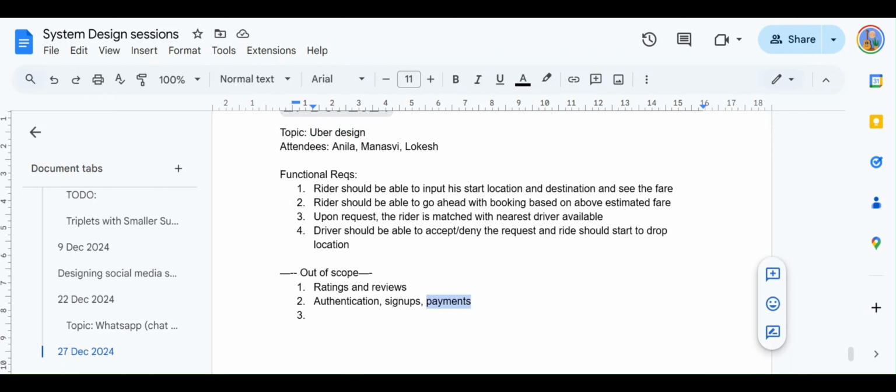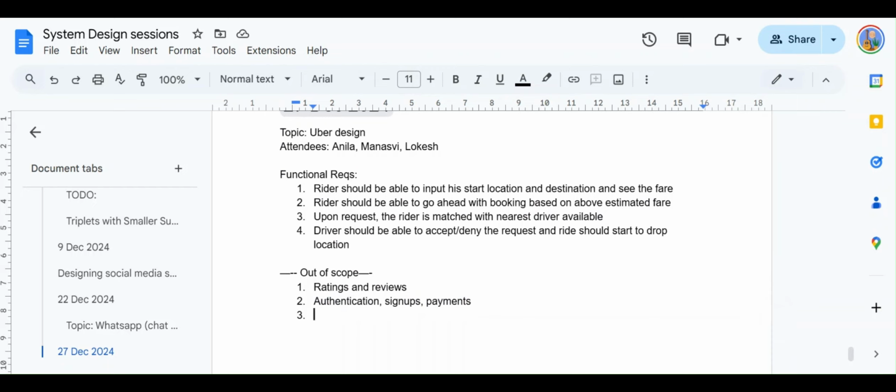Similarly, payment is a standard thing, because whenever you purchase something, you go through a payment gateway. Payments can be discussed as part of a completely different system design about how to build a payment gateway, like PayPal, but not as part of this design. These are the two things.